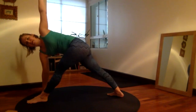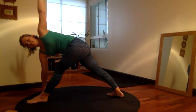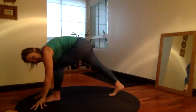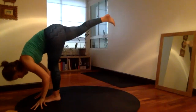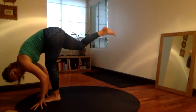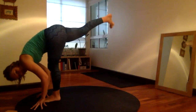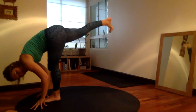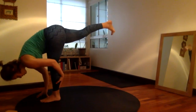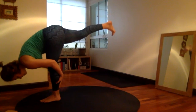Deep inhale here. Exhale, both hands down, coming into that standing split, this time on the left foot. Power it up. Make sure that this foot isn't just chilling, get it super active back here. You can point, you can flex, make it active. Maybe you can play with a little hands release,